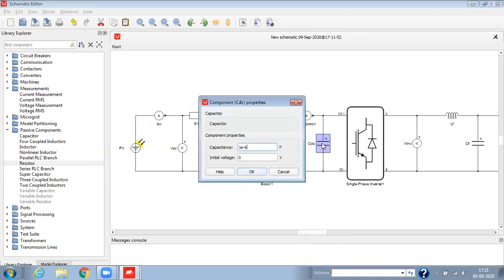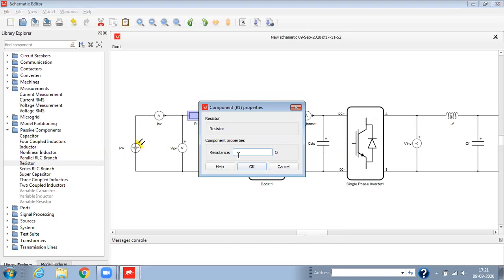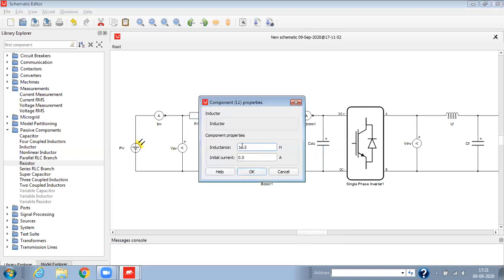Now the DC link capacitor will be 3 millifarad. Now this resistance value will be 0.1 and the inductance value will be 3 millihenry.